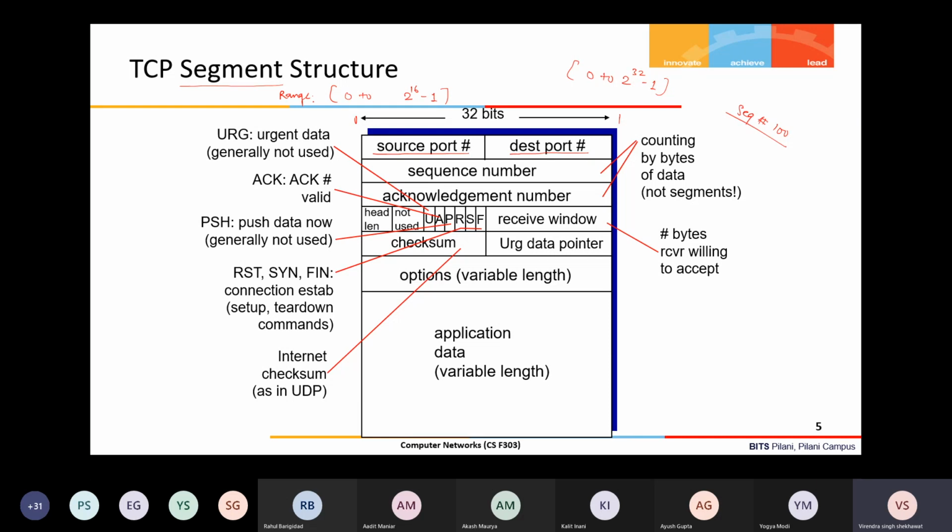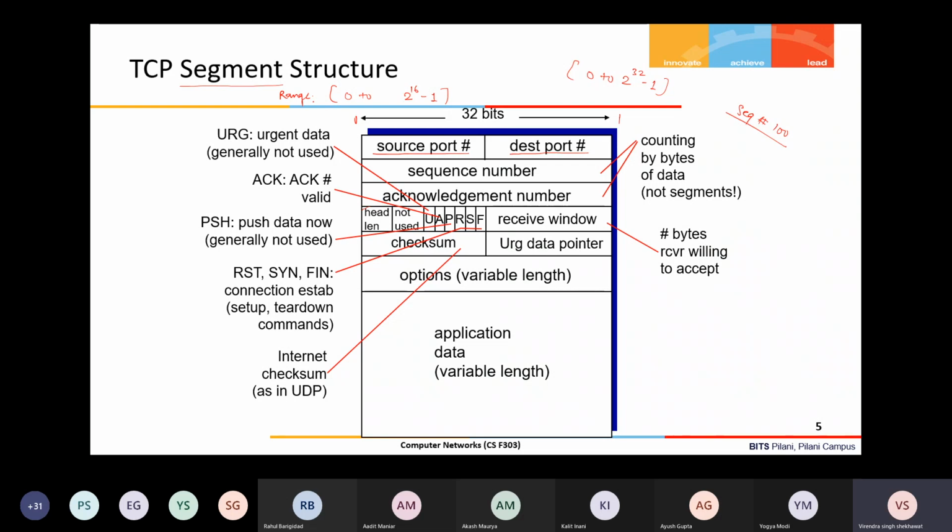That is decided by the length. There is a separate header length field. The total size of the segment minus the header length will be the number of bytes in this segment.